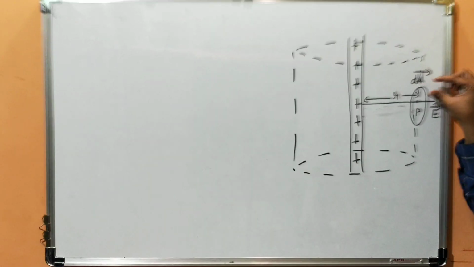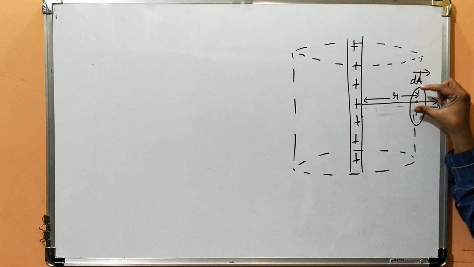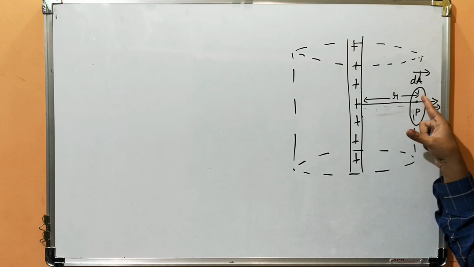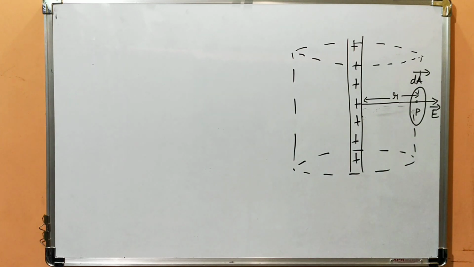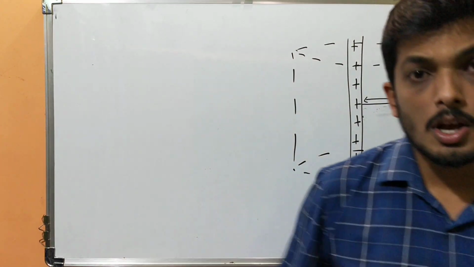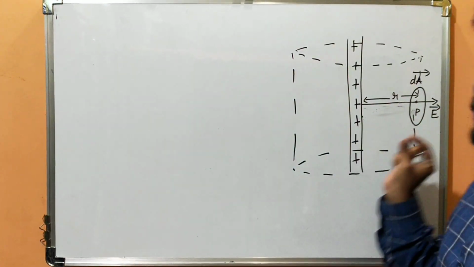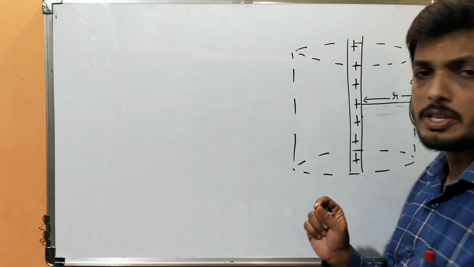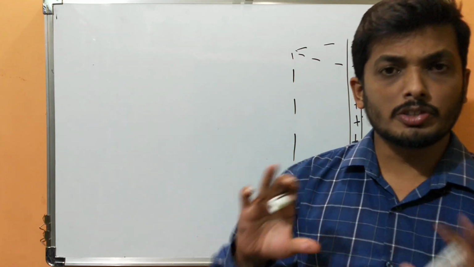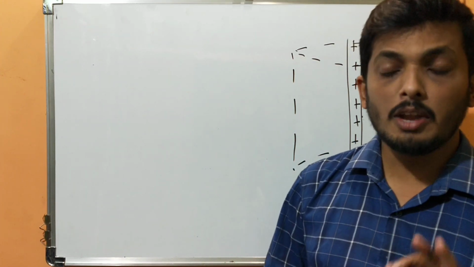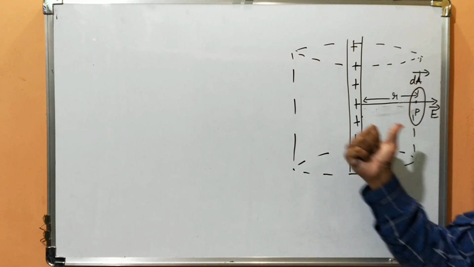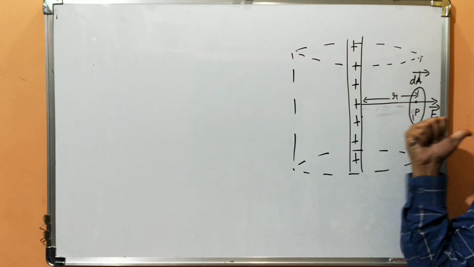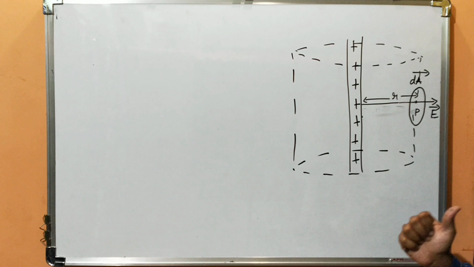Okay, now I have taken a small portion of this imaginary cylinder and labeled it as dA. dA represents the area vector. Now students, flux through the cross-sectional area will be 0, yes or no? Yesterday I told you flux through cross-sectional area will be 0. The flux will be maximum when E and dA are along the same direction, that is when theta equals 0 degrees.